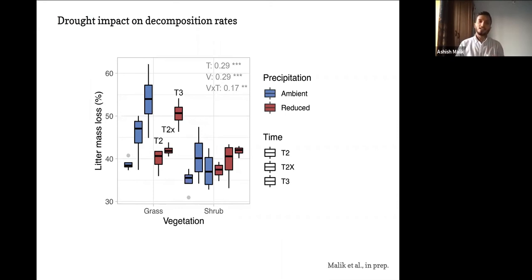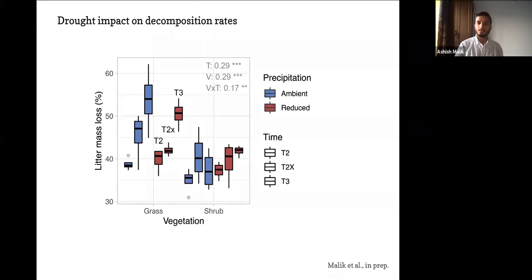But what you can see here is that vegetation has an impact on the decomposition rates. Grass has higher decomposition rates than shrub, but the precipitation impact is not very clear. Although there is a trend in the direction of higher decomposition rates in the ambient grass treatment, this wasn't significant. But I just want to highlight that previously we've seen significant differences in decomposition rates in the grass vegetation. So it really depends on the time point of sampling